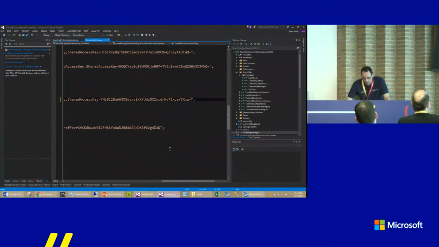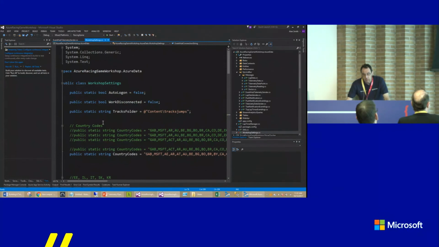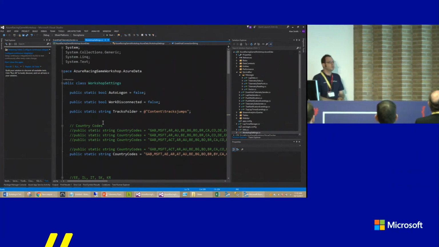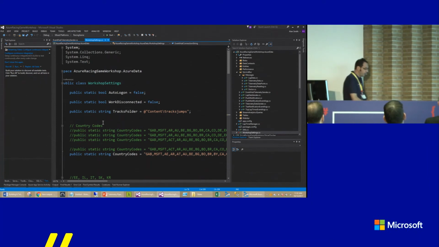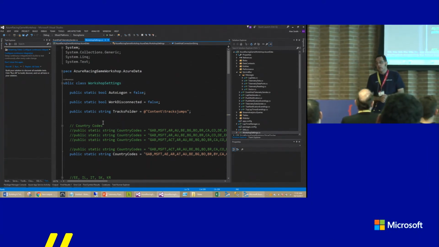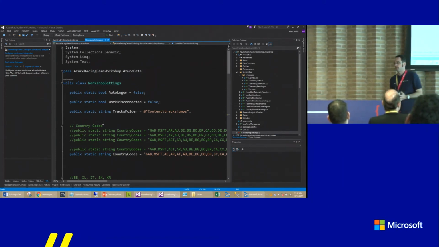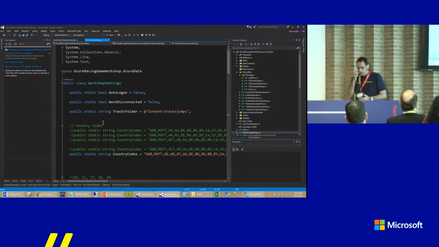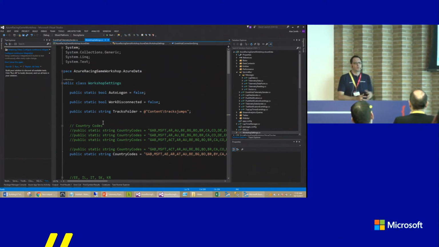So this is the actual code for the racing game. The racing game started out life as something called XNA Racer. Years ago, Microsoft had a game development technology called XNA. XNA was an add-in for Visual Studio, and so there's a developer community around XNA. And one of the games that Microsoft actually developed as a sort of demo application for XNA was the XNA Racer. So I started out with this XNA Racer game, and I originally used it in my first Pluralsight course